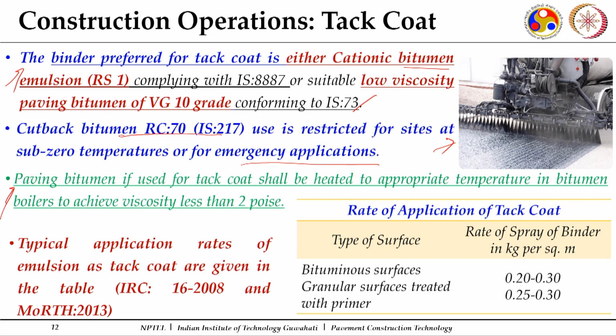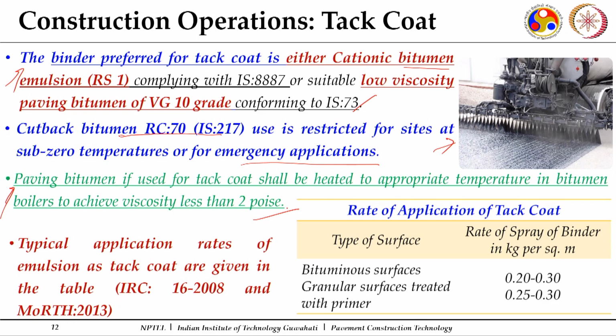Now, it says paving bitumen used for tack coat shall be heated to an appropriate temperature. That is why these bitumen boilers or spreaders are very important, because they need to be heated up. This VG10 binder needs to be heated up so that the viscosity is less than 2 poise. So, they have to be brought to a very low viscosity for their application. So, a controlled distribution having a controlled temperature is required through these bitumen distributors for application of a tack coat